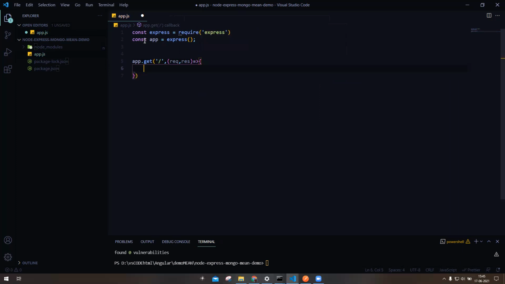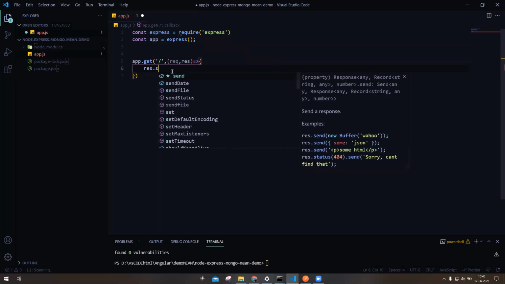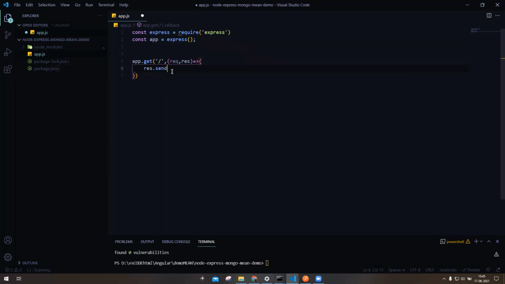Whenever we send a request to the server on the default path, it will execute the function written inside this arrow function. I just want a response back if we hit the server with this path. So here I will write just hello.